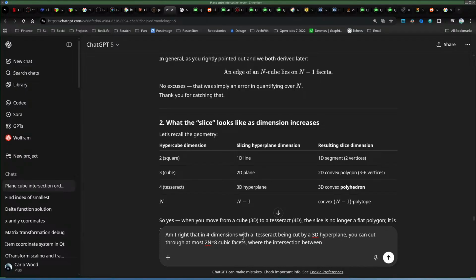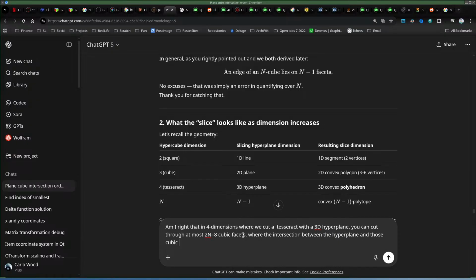in 4 dimensions where we cut a tesseract with a 3D hyperplane, you can cut through at most 2n is 8 cubic facets, with the intersection between the hyperplane, I'll just leave the 3D out now, and those cubic facets